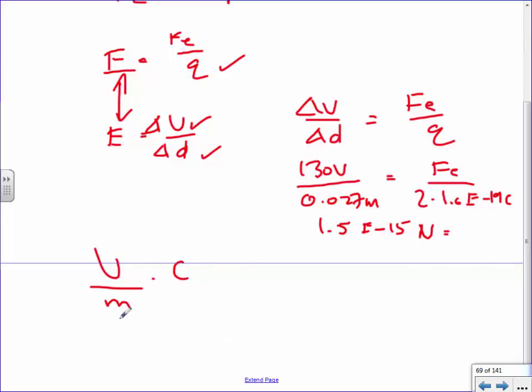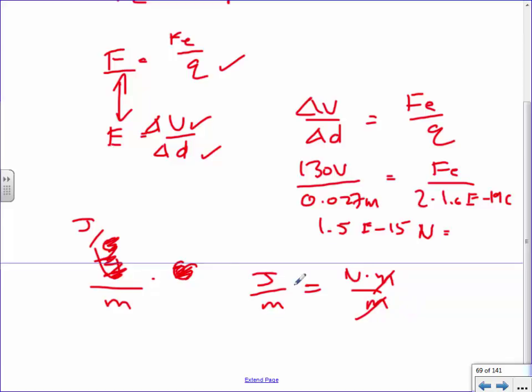A volt was actually a joule over a coulomb. Remember how a volt is a joule over a coulomb? Which then means that this coulomb right here and this over coulombs would then cancel. So you'd be left with, say, a joule over a meter. But isn't a joule a measure of energy, which is a measure of work? And a joule is then equivalent to a newton meter. Which then means the meters cancel, which did, in fact, leave us with newtons.